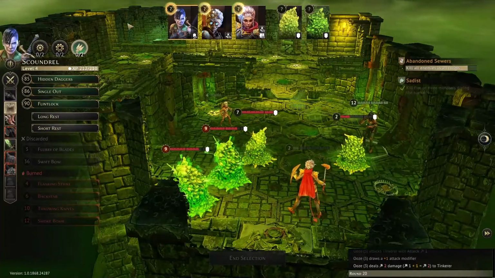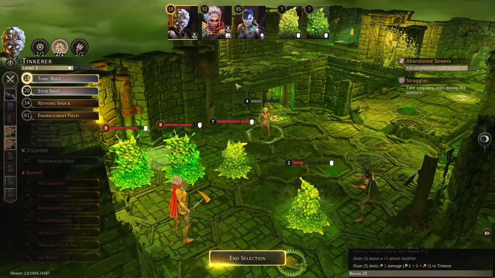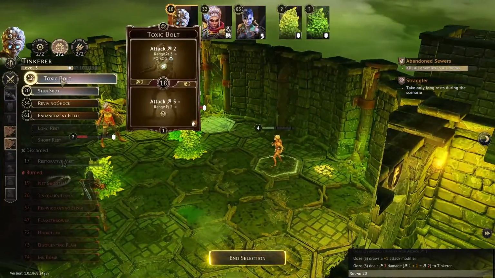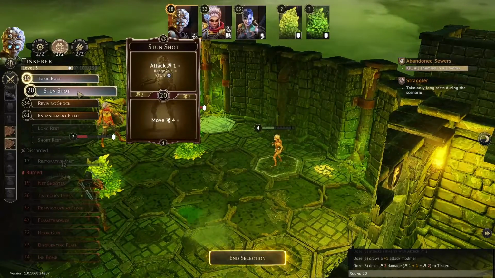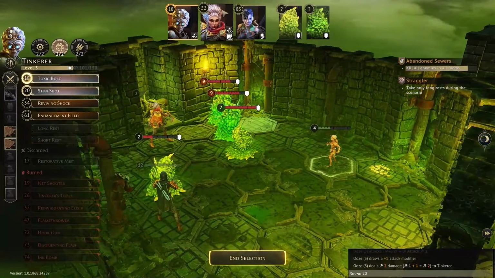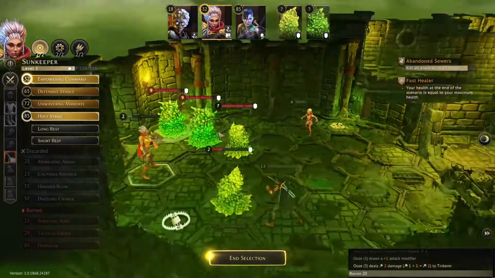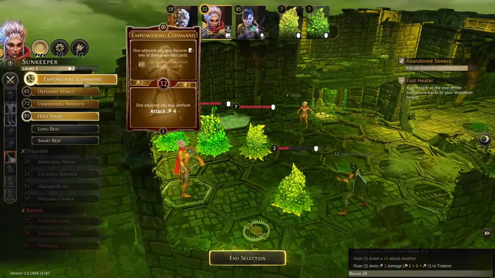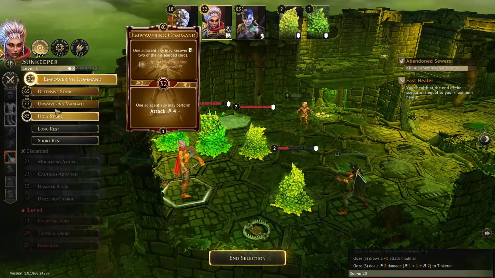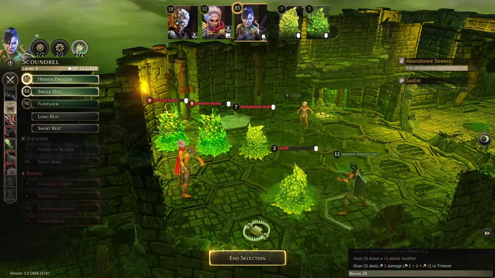Round 20. Okay. Tinkerer's up first. Hephaestus, we're going with Toxic Bolt and Stun Shot. We'll see what we can pull from that. Sunkeeper, Electrona, Empowering Command for the Initiative and Holy Strike for a stun. And then